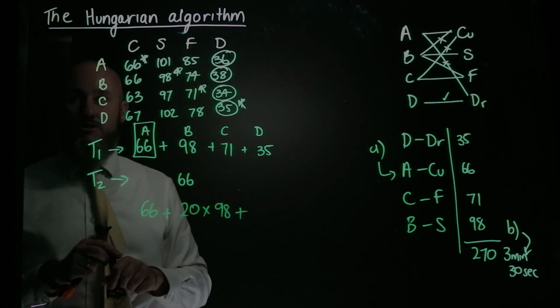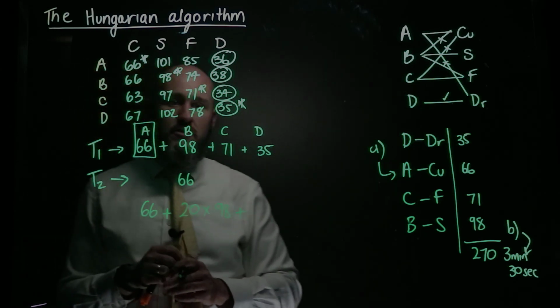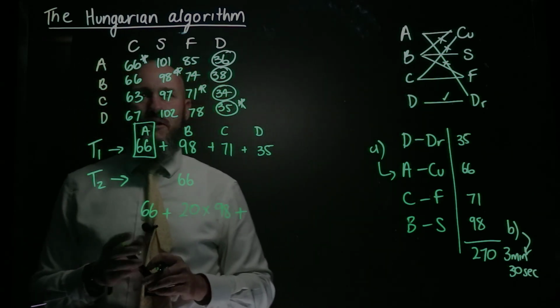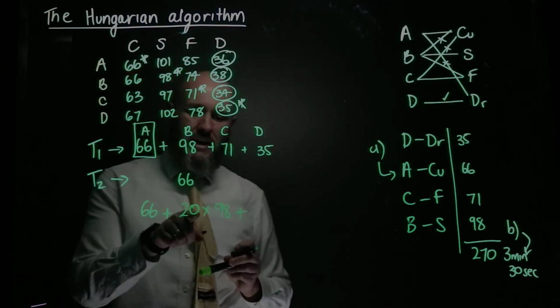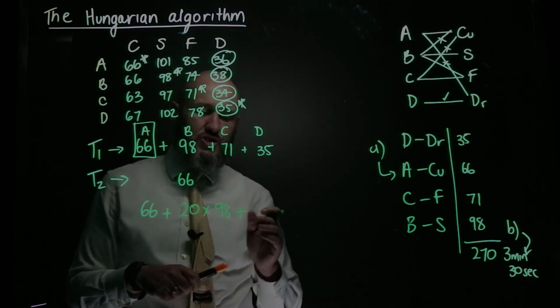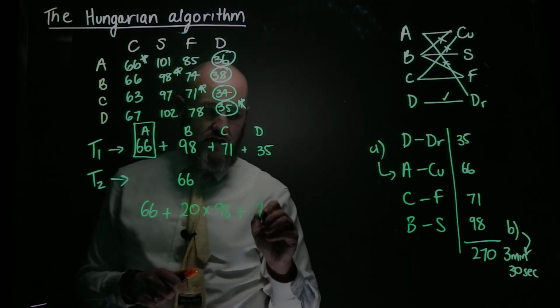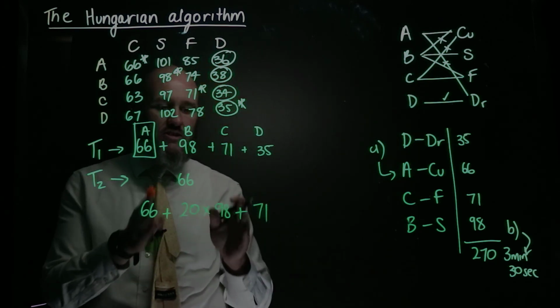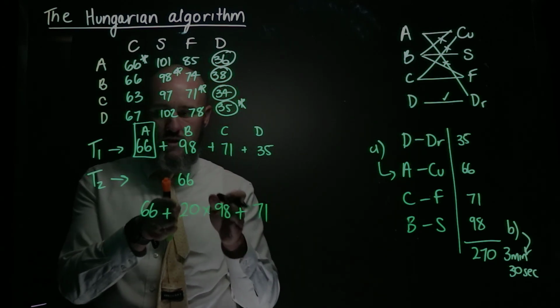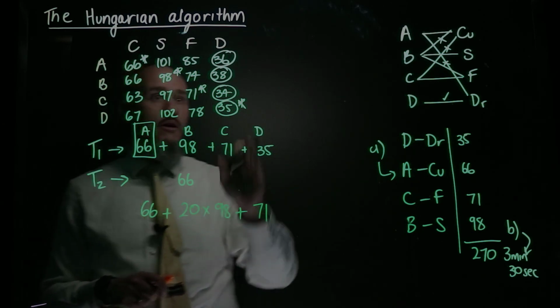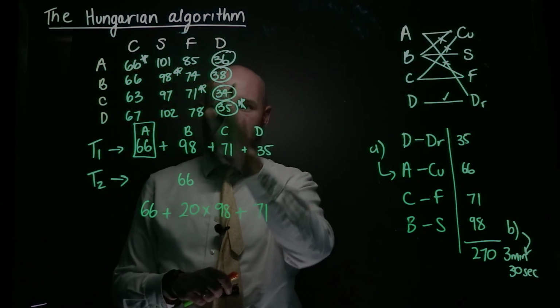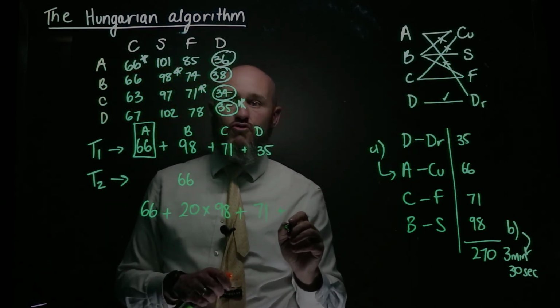C, who's doing F, which is the filling, only takes 71 seconds, which means that C's got this rest time. But once B finishes the last teddy bear, well, C has to fill the last teddy bear. So that's going to take 71. The rest of C's job is absorbed into B's job. And then, of course, once C has filled the last teddy bear, D has to dress the last teddy bear,